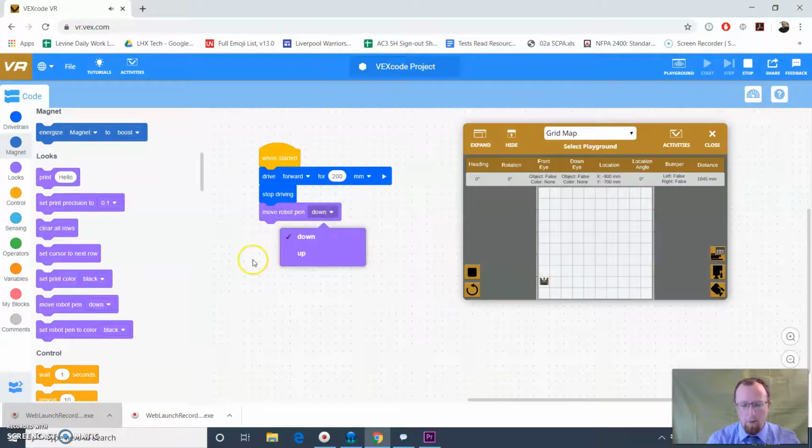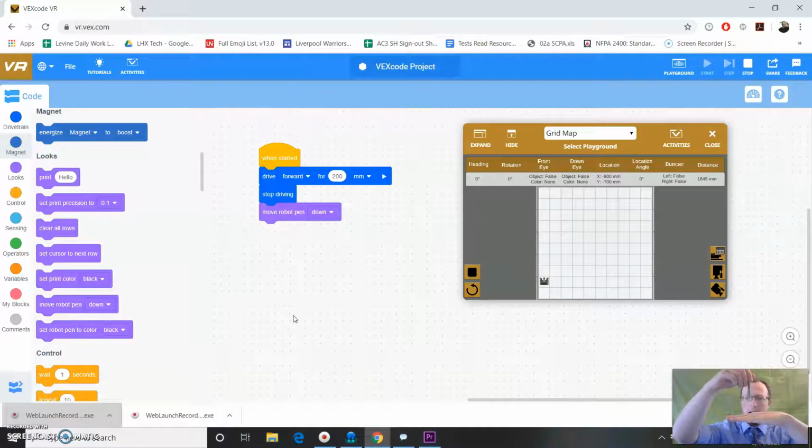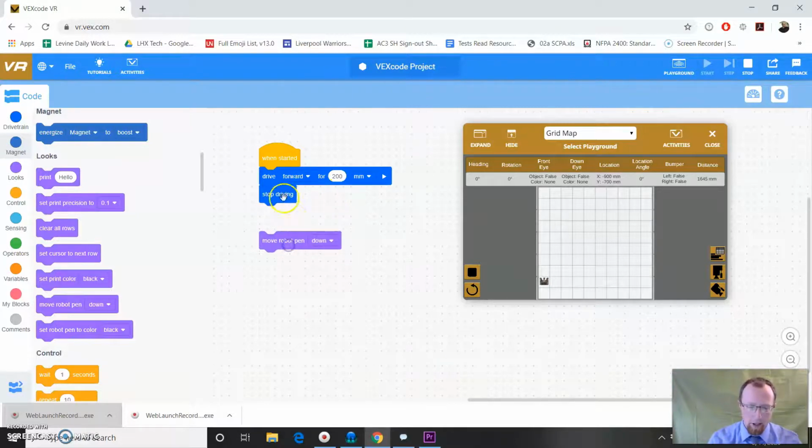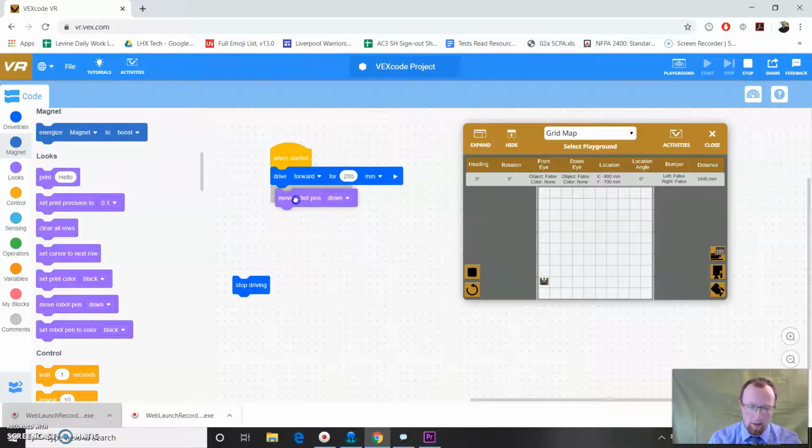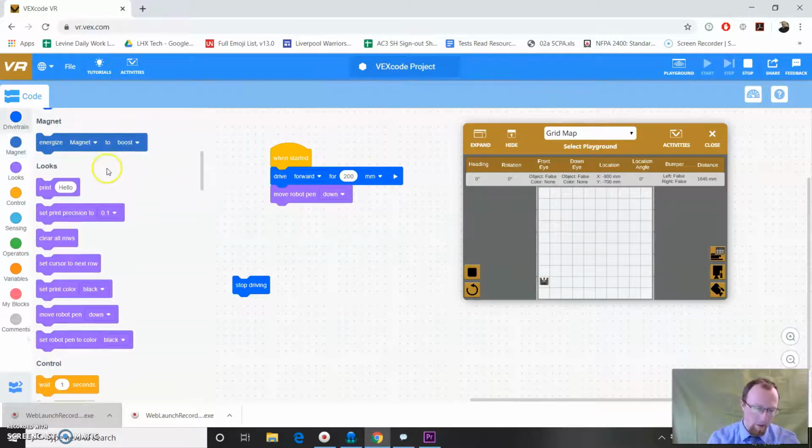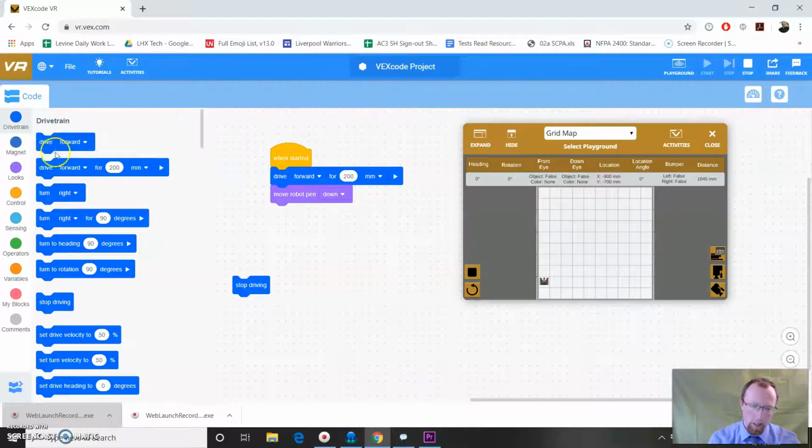So if I say move robot pen down, if you do go into the 3D view, there's this pen that the marker has, or that the robot has. So it's up here by default. When you tell it to go down, it just touches the paper. So if I have it drive forward, stop driving, actually I can get rid of that because I want this to keep going. So it's going to drive forward for one block, then it's going to put the pen down, and then I'm scrolling up. I'm going to have it move forward for 2 blocks,